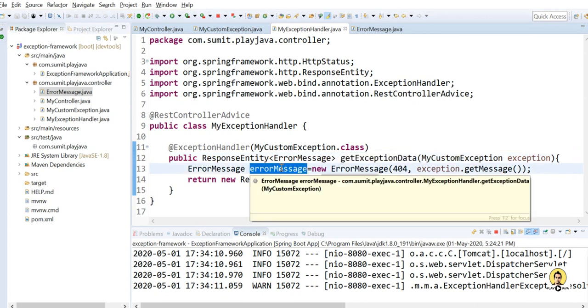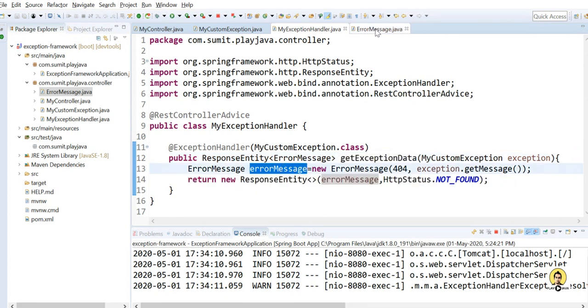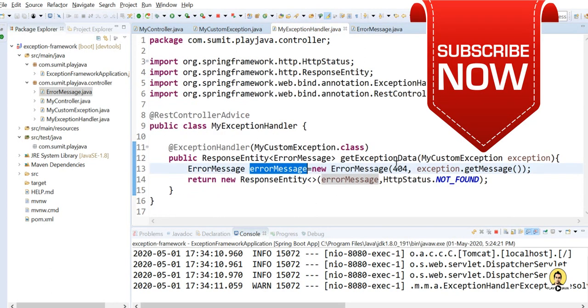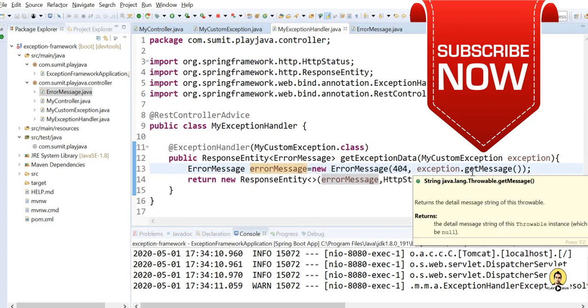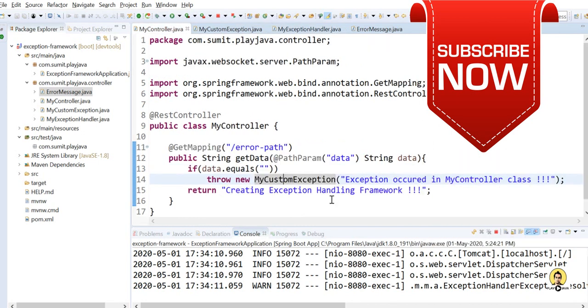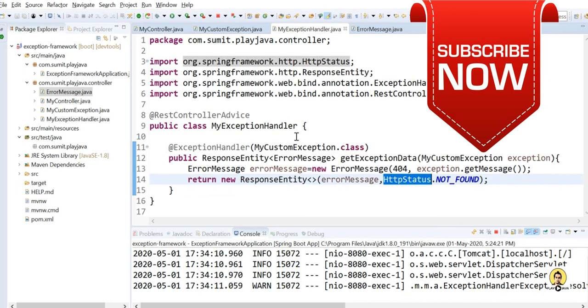So this is about the creation of a whole hierarchy of exceptions where we can handle the custom exception and also throw the exception. So this was not only about the creation of a custom exception, but also the whole framework. If you want to check only the creation of a custom exception, you can check the video which is showing right now on the end screen.